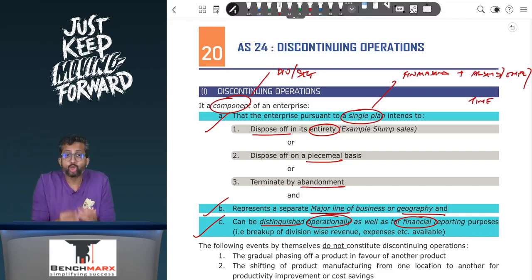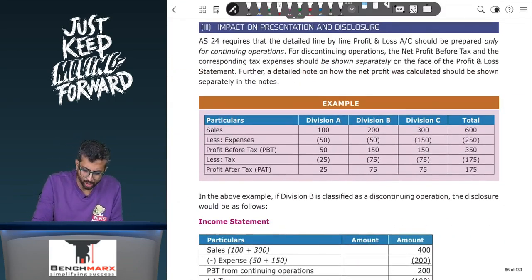Now this will also include the revenue that you have generated from an operation that you are planning to discontinue in the future. This will also include expenses from the operation that you are planning to discontinue in the future. Your objective is financial reporting. So if I just jump the gun a little, and the impact on presentation and disclosure, when I look at